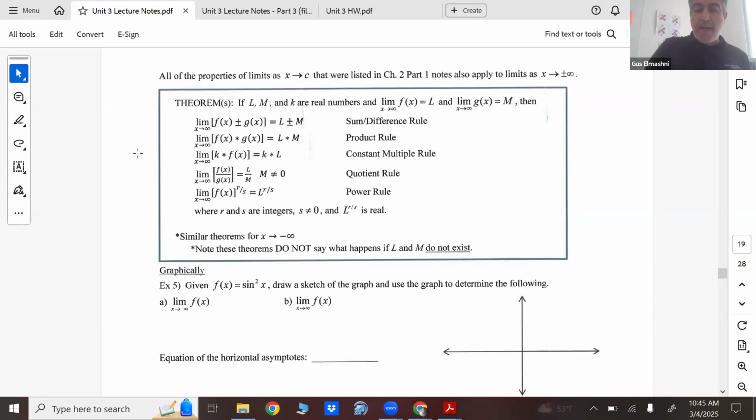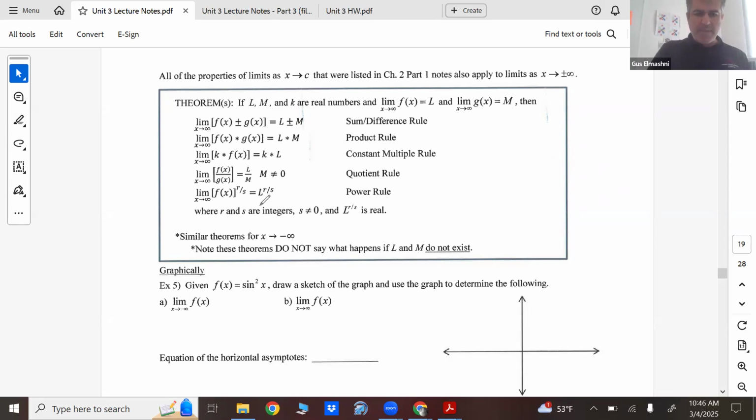So yeah, even if x is approaching positive or negative infinity, it doesn't really matter. The limit properties still apply. You can still use the same limit properties. Let's say you have f of x and g of x are two separate functions. And each of those limits are unique, L and M for f and g respectively. x approaching positive infinity or even negative infinity for that matter. You can still use the limit properties. It's all the same. Like if we have sine squared x, if you think about it,